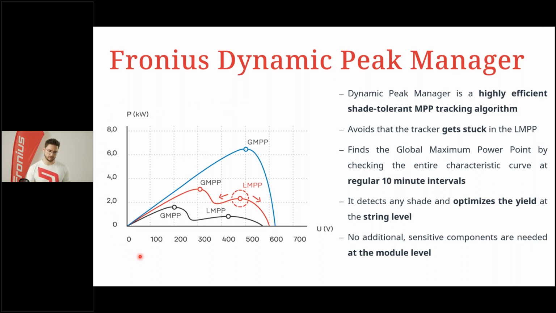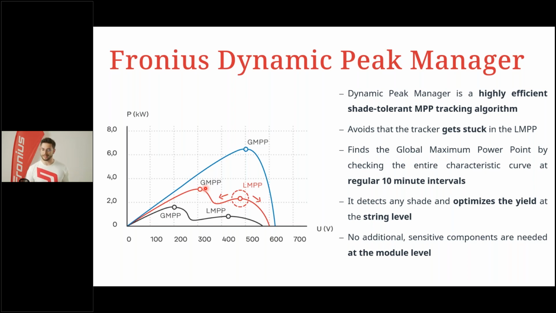We have the schematic on the left-hand side here, and the blue curve would be an unshaded scenario. The red and the black curve would be a shaded scenario. And as you can see, in this kind of scenario, we would have two power points, the local and the global maximum. And there is always one that is a little bit higher. And this point cannot be tracked without an algorithm. So the inverter would stick with the LMPP and would not check the rest of the curve for a higher